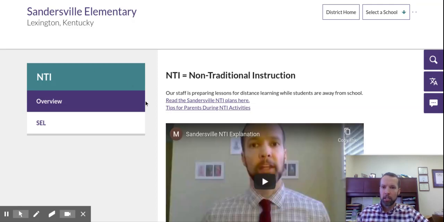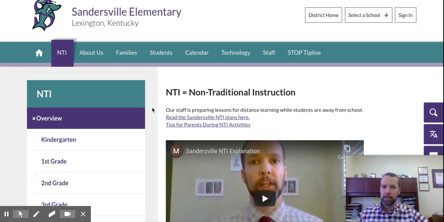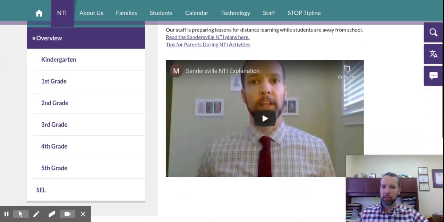As it populates here, which you'll see in a second on the left, is a different tab for every grade level. All lessons are consistent across all the grade levels, so all kindergartners will be doing the same activity up through all fifth graders doing the same activity every day. And so when you find the appropriate tab for your student or for your students, you'll see that most grade levels have created an introduction letter for you so that you get an overview of what the activities will be, and then specific activities for each day. Once you get in there, it's pretty self-explanatory.